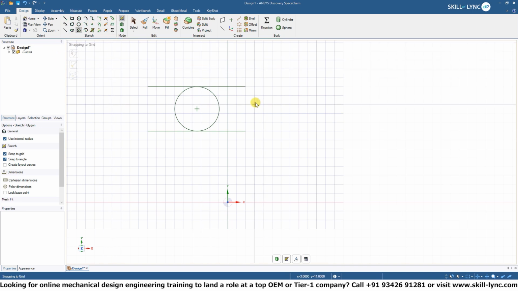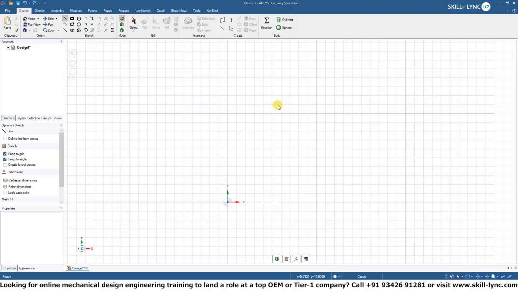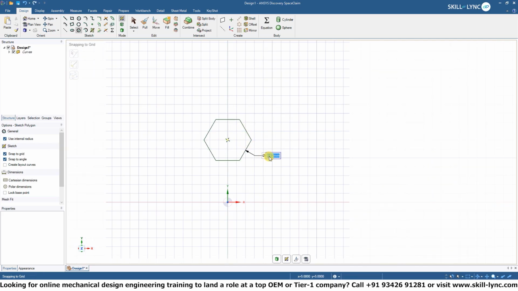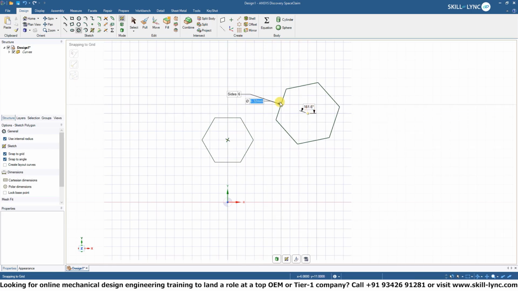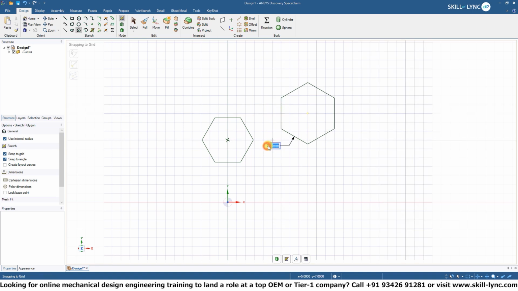Another one over here is the polygon tool, right? So let's clear the workspace. So obviously, let's say you want to design, as an example, a bolt, right? So what you have over here, you have the diameter of the shape. This one is six sides, but